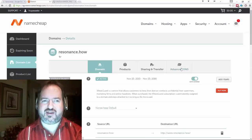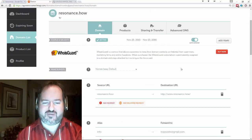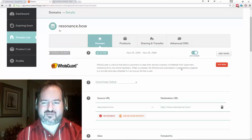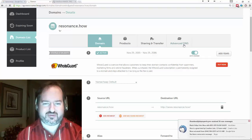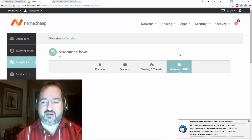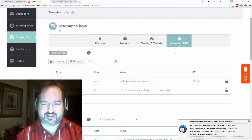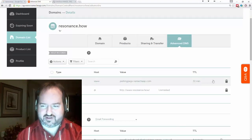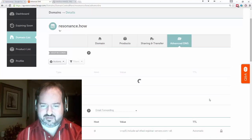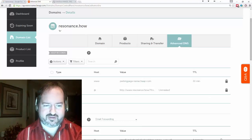I wouldn't transfer your DNS away from Namecheap or wherever you buy your domain. Instead, just manage the DNS from there. Usually the domain name providers have better DNS servers than any ISP ever. So I just clicked on the advanced DNS. These defaults suck, so I'm going to delete them. Yes. Yes. But apparently it wants me to rename them, so